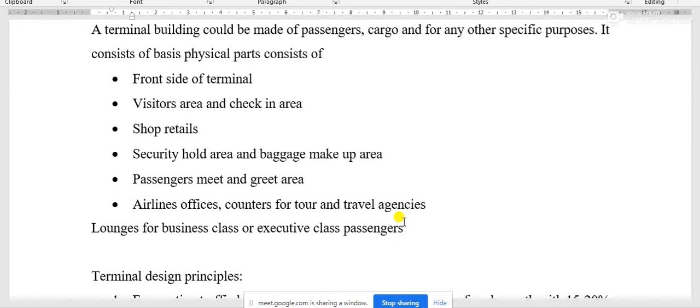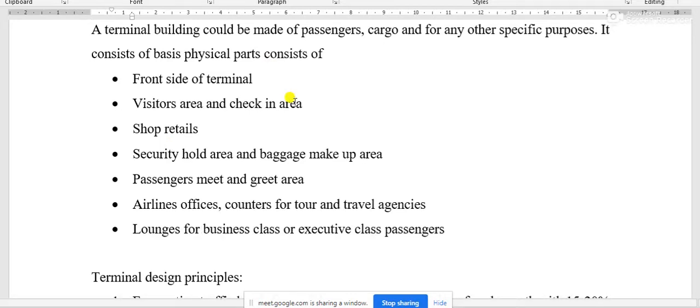In that junction, if these airlines offices or counters are provided, then obviously their business will be accelerated, because all those passengers will be accumulated in that space at the end.